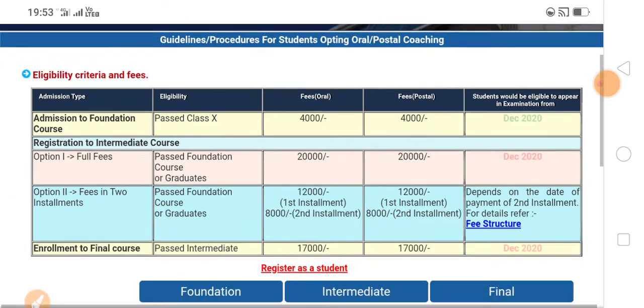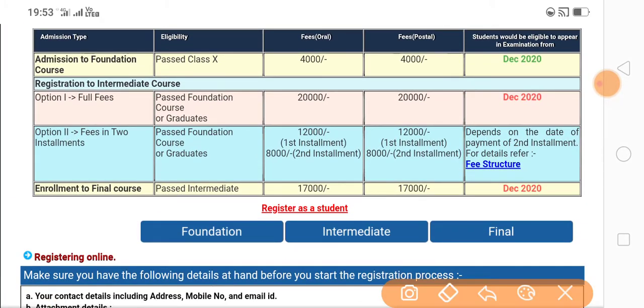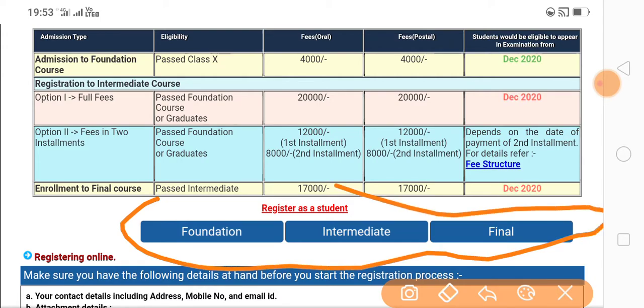In this wonderful course we have three levels: foundation, intermediate, and final.